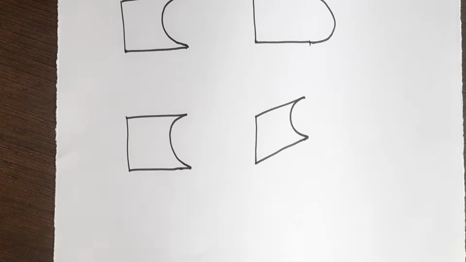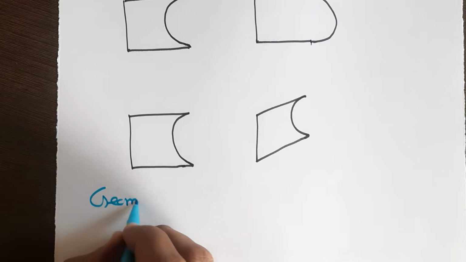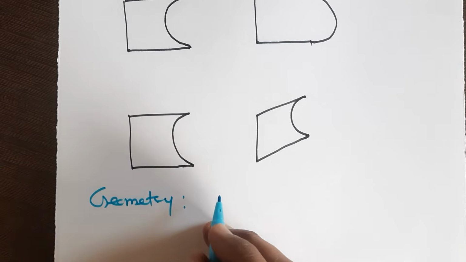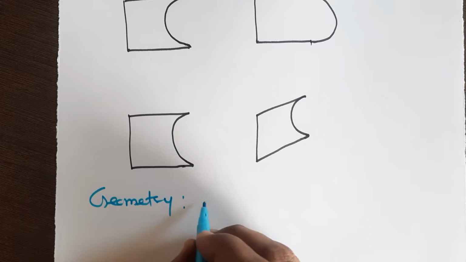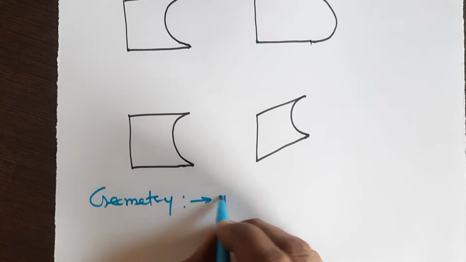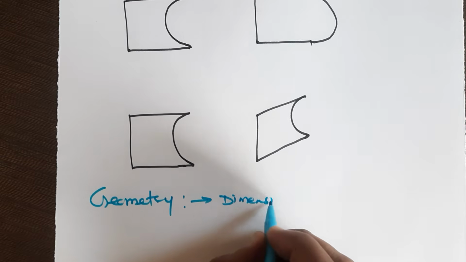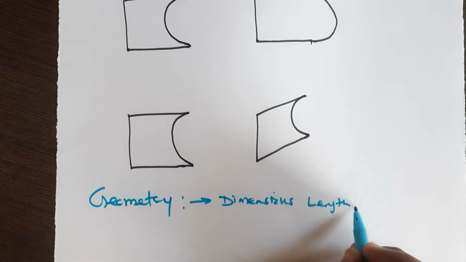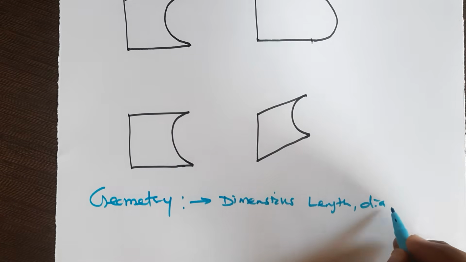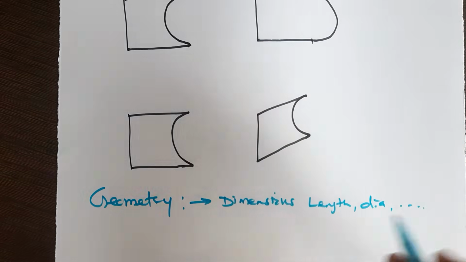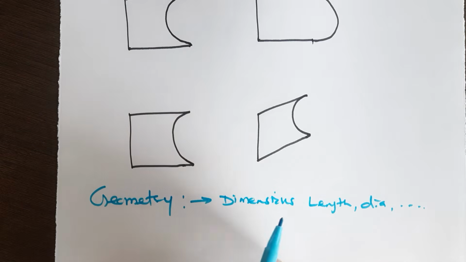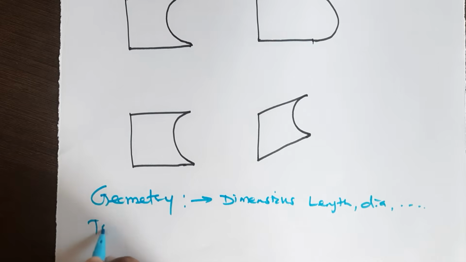So the geometry is actual dimensions that define the entity of the object. Okay, so geometry defines the dimensions. Dimensions means what? Length, okay, then diameters, etc. These are the dimensions. So geometry will define the dimensions of the model, and topology,